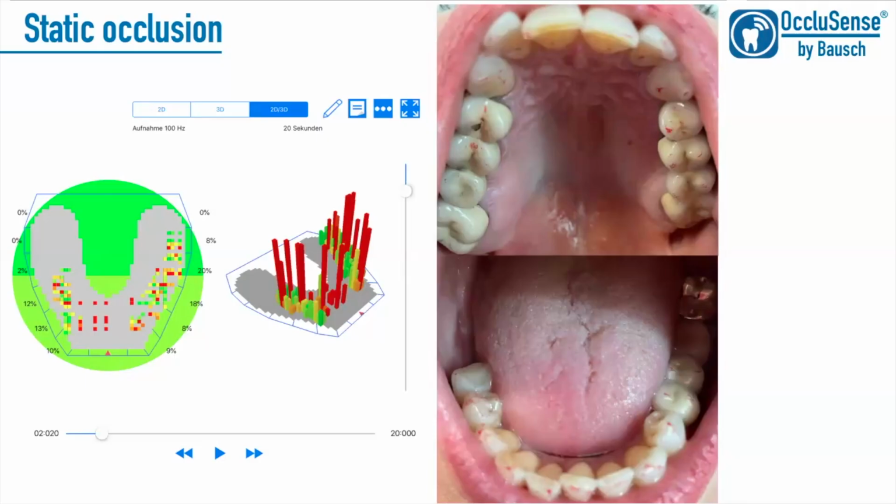We don't always need a symptom to use OccluSense in order to analyze our patient's occlusion. So for this patient, it was her very standard dental checkup. And because we were quite excited to use the OccluSense, we just used it to look at the occlusion and especially her pressure distribution. And interesting in this case, because she had quite a few restorations, so a lot of